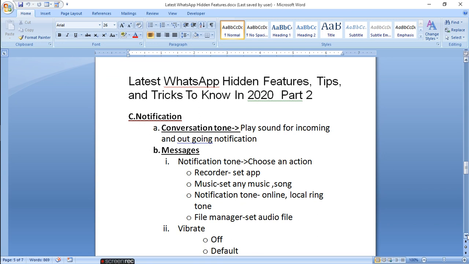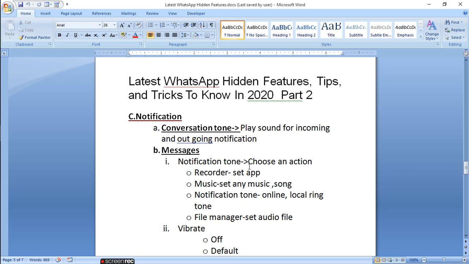First in the notification setting is conversation tone. Play sound for incoming and outgoing notification is very essential. By sound you come to know that some notification has come in your phone. Then message notification tone: choose an action, record, set application, music, set any music or song.